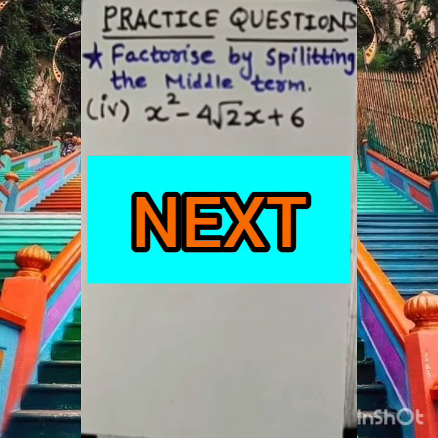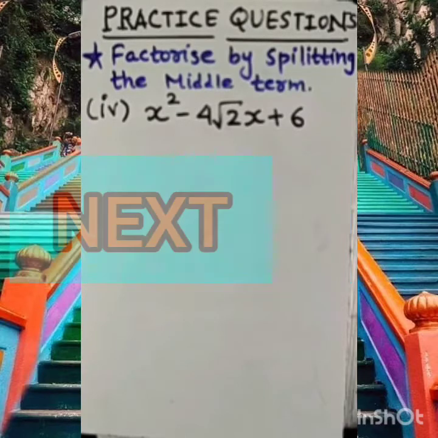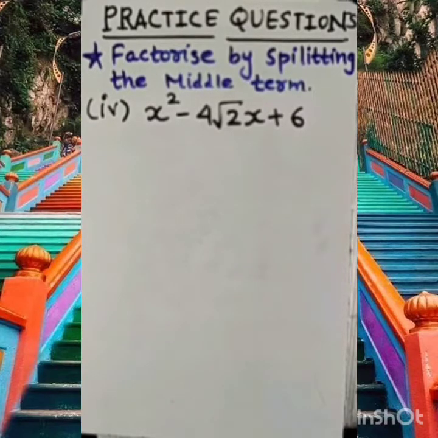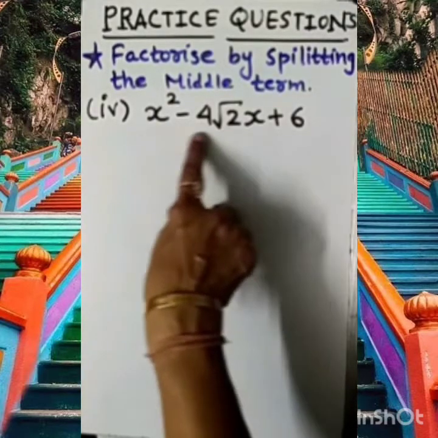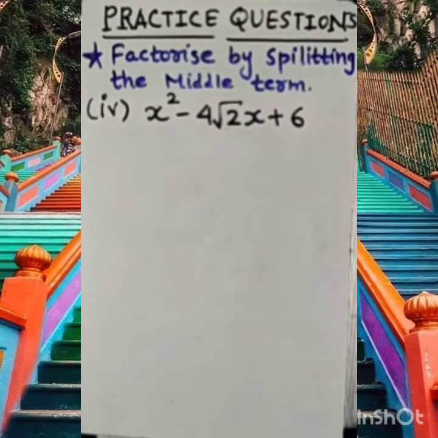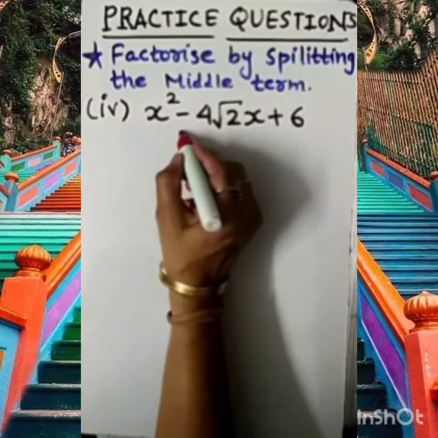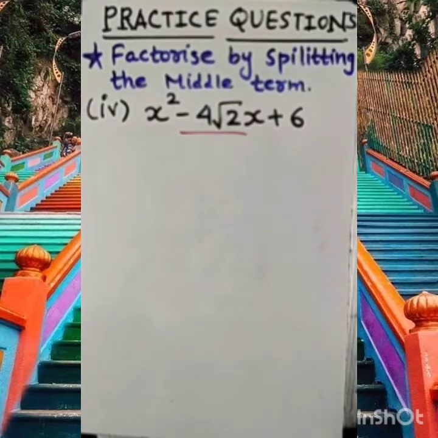So we will see gradually the solution of this splitting by middle term. Splitting the middle term is coming a little bit different than the previous. Now, one more example I am choosing. On your screen, that is x square minus 4 root 2 x plus 6. Here you can see the middle term is given as an irrational number. Okay. The middle term is an irrational number. So how to solve such a type of question?